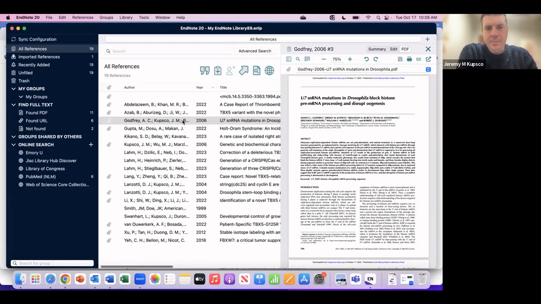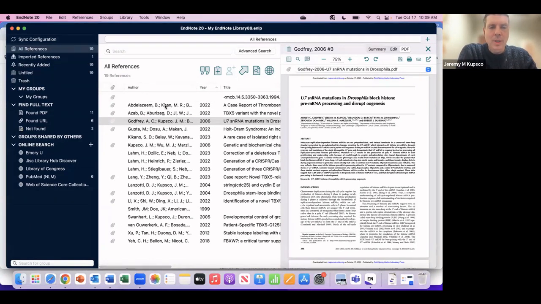Okay, so now that we have our library set up, we've imported citations. We've found the full text for the ones that we could. The next possible thing to do is to organize your library. How you organize it is a personal preference. If you decide to use EndNote Web or EndNote Online, which is a free cloud-based version of EndNote that allows you to sync one library to the cloud that you can use on any computer, we recommend that maybe you want to create one large library, since you can only sync one library, and to organize it into groups. If you don't think you're going to use that, feel free to create as many libraries as you want for each different project you might be using.